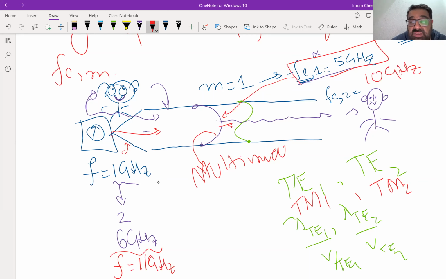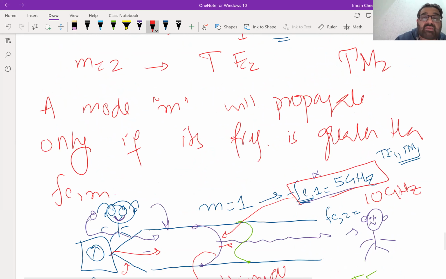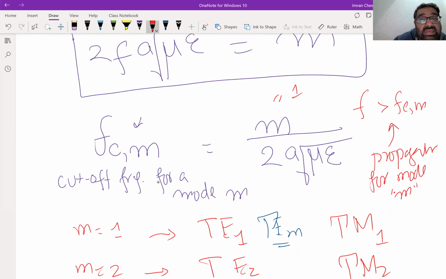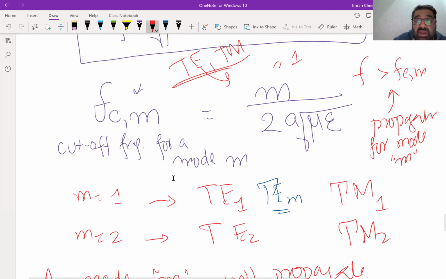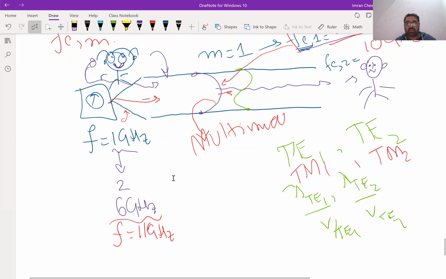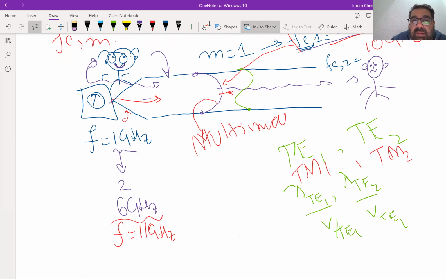So you have all those modes because this relationship in a parallel plate waveguide is true for both TE and TM. ठीक है? बोथ TE और TM मोड्स के लिए यही रिलेशनशिप है कट ऑफ फ्रीक्वेंसी का फॉर ए पैरेलल प्लेट वेवगाइड। ठीक हो गया रामेश? यस सर। ऑलराइट,